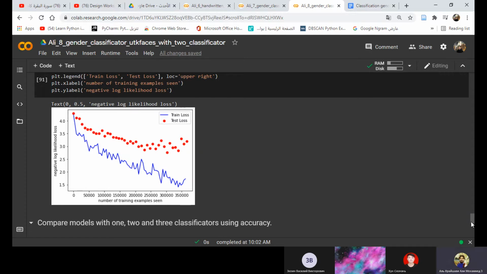You have two curves, test loss and train loss. You can see that the best model is at point 300 thousand. This is the best model because the test loss is minimum here.